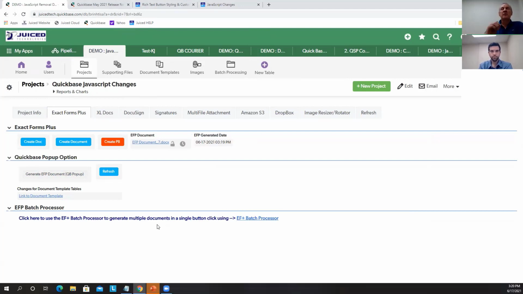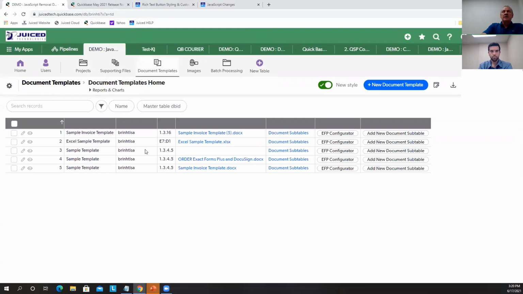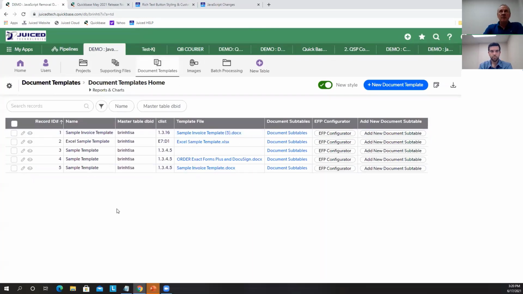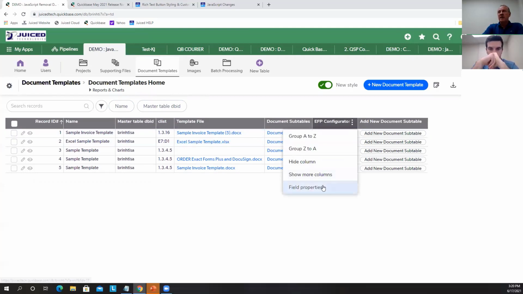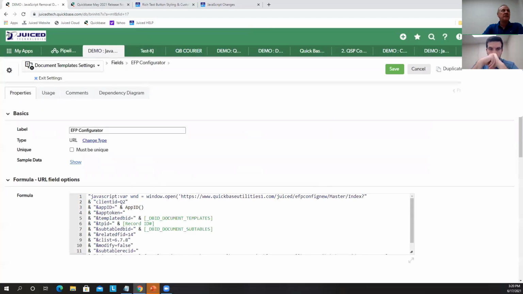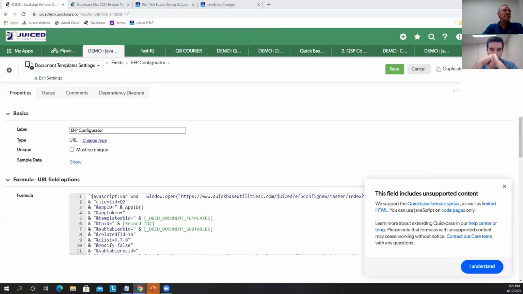Okay, so there's one more thing with Exact Forms Plus that we have to worry about, and that's the document templates table. So we took care of the buttons on the master table, which is the ones that actually create the documents. But when we're talking about how to manage the templates themselves, there's buttons in there that also have JavaScript in them, and we have to fix them. So let's go back in to the configurator button, and let's do the same thing we did before. Let's convert it into